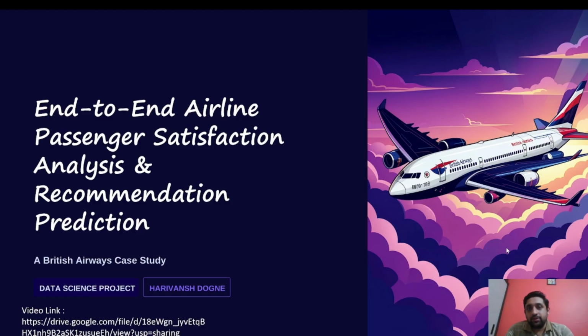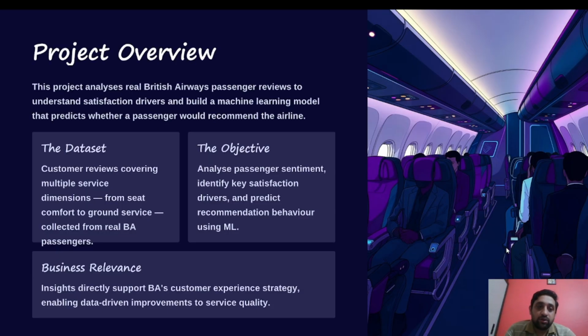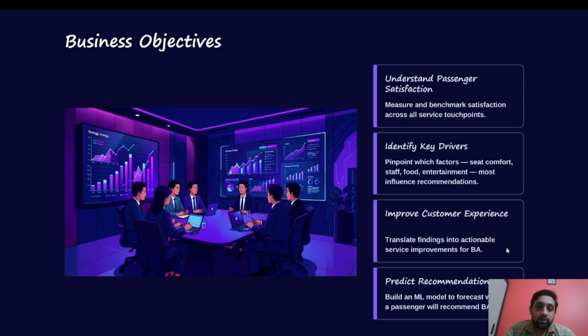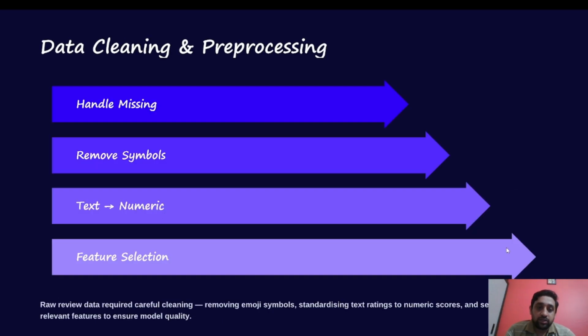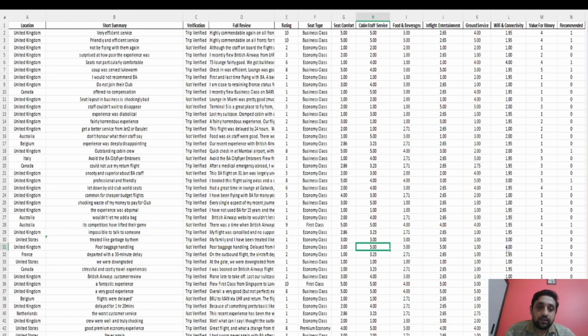In this project, we built a complete end-to-end data science pipeline to analyze customer reviews of an airline, specifically British Airways. The goal of this project was to understand customer sentiment, identify key pain points, and build a machine learning model that can predict whether a customer will recommend the airline or not. This project starts from raw data collection using web scraping and goes all the way to predictive modeling and business